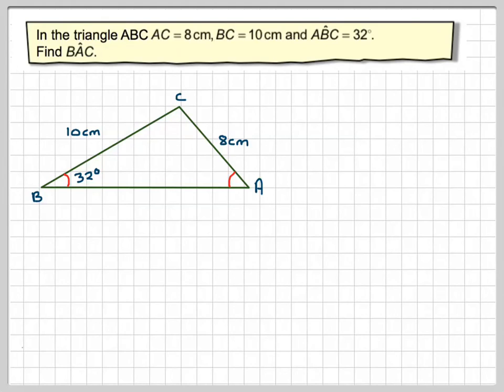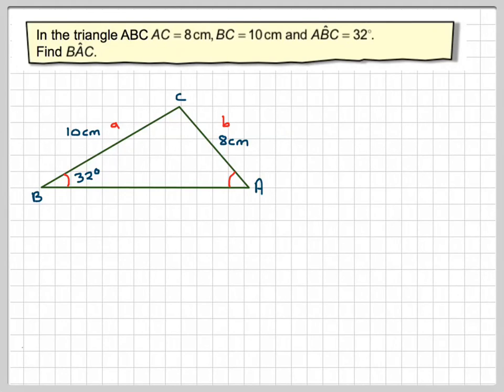Right, in this case I want to find this angle here, and I'm going to use what's known as the sine rule. I cannot use the cosine rule because the cosine rule is only used in two cases: if you have two sides and the angle in between them, sometimes called the included angle, and you want to find the third side, or you have three sides and you want to find an angle, which we don't have in this case. So using the sine rule,